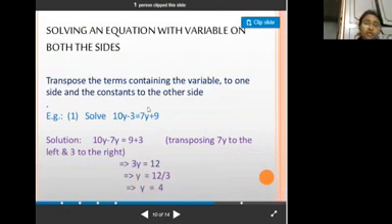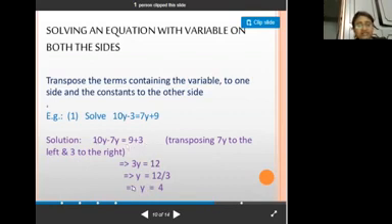जब हमारे पास दोनों साइड्स पर वेरिएबल है तो हम क्या करेंगे? दोनों साइड्स पर वेरिएबल है तो हम LHS साइड पर सारे वेरिएबल्स ले जाएंगे और कांस्टेंट्स ले जाएंगे RHS साइड पर. यहाँ पर 7y एडिशन में है, जब वो LHS पे जाएगा तो सब्ट्रैक्ट हो जाएगा. -3 सब्ट्रैक्शन में है, जब वो RHS साइड पे जाएगा तो ऐड हो जाएगा. तो 10y minus 7y is equal to 9 plus 3.